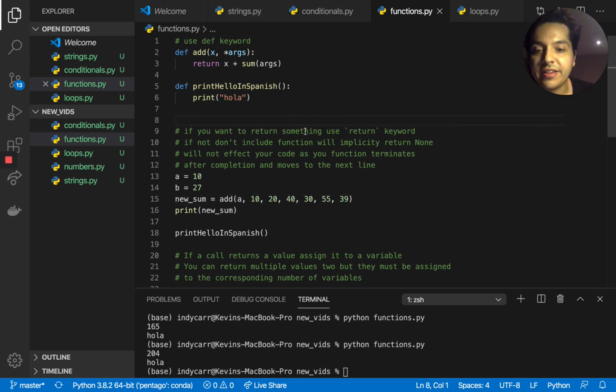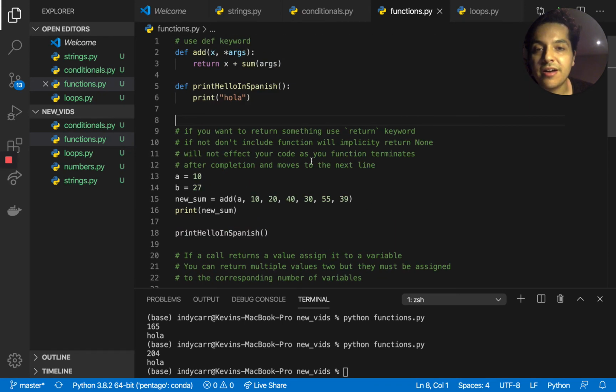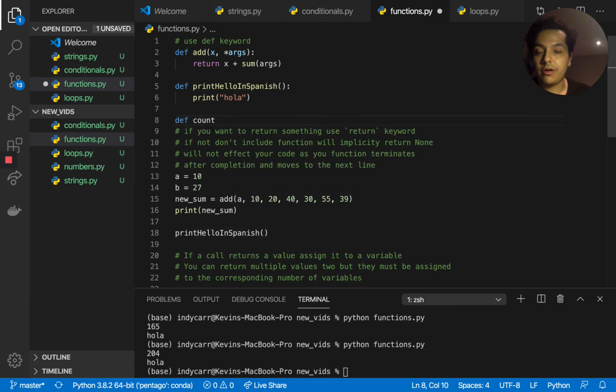One other thing that I would like to add before closing out is if you want to add a default value. So this might be useful if a user does not provide a value for one of the inputs. You have a default value. So maybe you want to have a default number like count. You want to have it start at 1 if the user doesn't provide that. Then this is how you would structure your code. So let's see, count